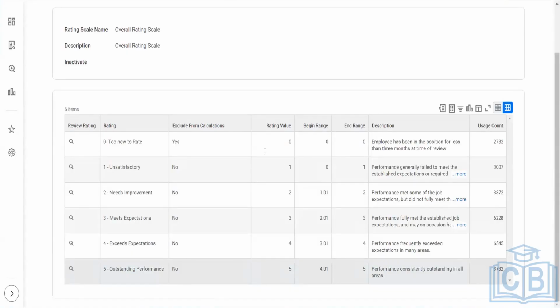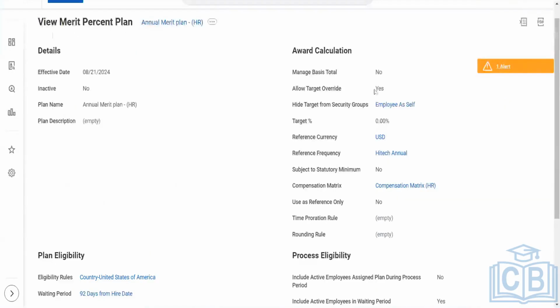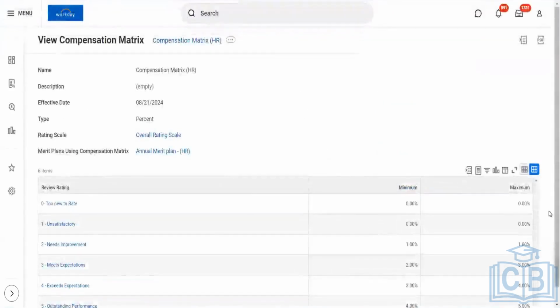See, I mentioned to you with respect to this merit plan, right? Here we have target percentage, and that is an allow target override, right? Normally we can keep this target percentage as 0. But talking about this allow target override, because of the scenario that you mentioned, I have a fixed percentage for a specific grading.